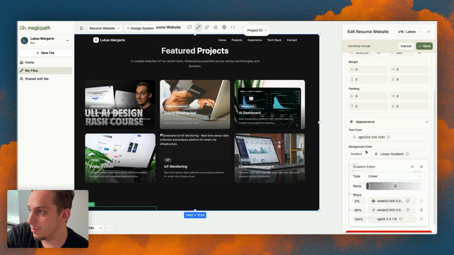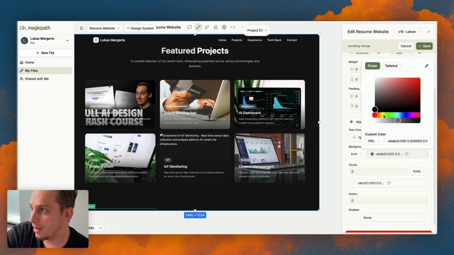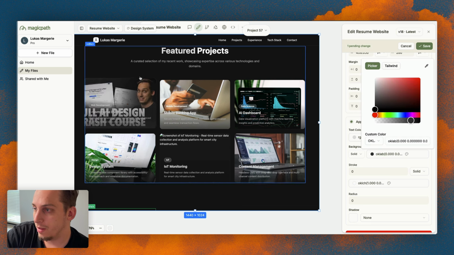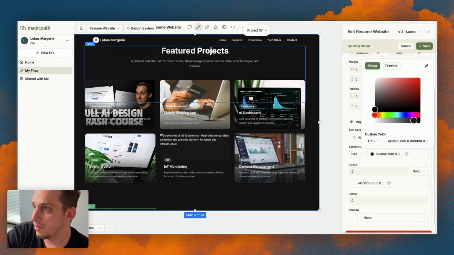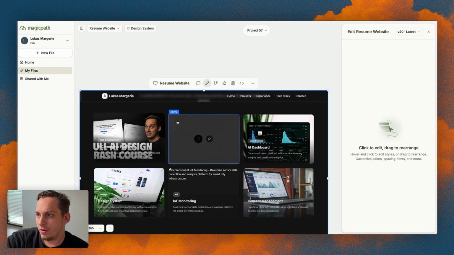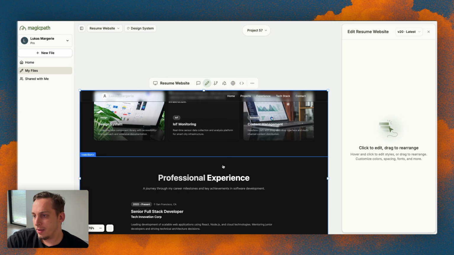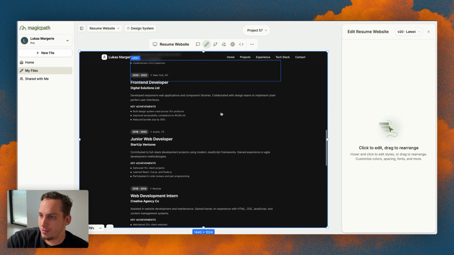And what we want to do is we actually don't want it to be a gradient. We can make it actually dark. We can see how this all looks. This actually looks pretty good. We just need to fix the icons to make them white. But anyways, once you start adding these different things, and once you start editing this to your own style,